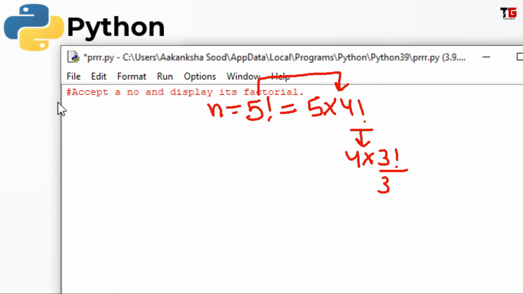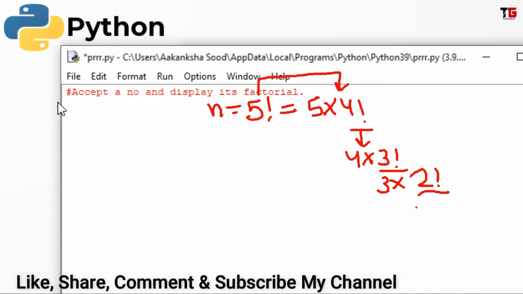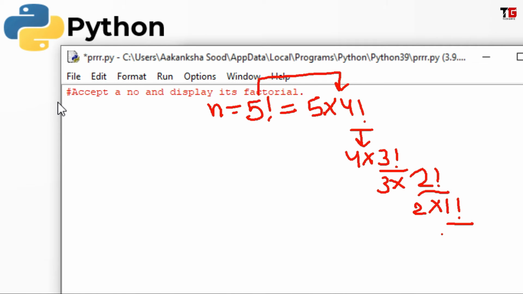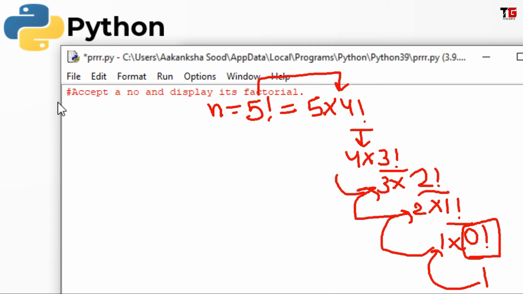And 3 factorial means 3 into 2 factorial. And 2 factorial means 2 into 1 factorial. And 1 factorial means 1 into 0 factorial. Now we will not move further because we know that 0 factorial is equal to 1. So this 1 will be returned here, then here, in the reverse order, and then we will find out the factorial of 5. So let's implement its program.